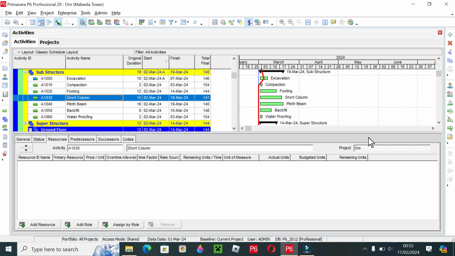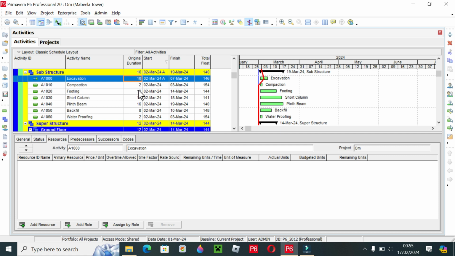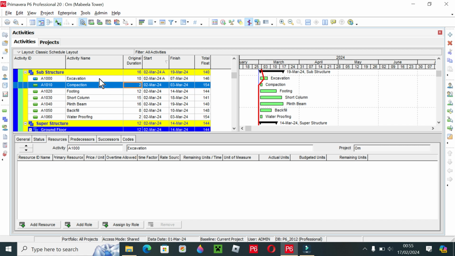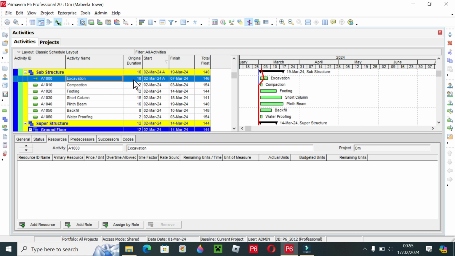Today we will explain how to add relationships in activities where we have put a duration for the activities. When we put the duration for the activities, Primavera itself assigns the dates for these activities. For example, in excavation we have put 10 days and the start of the project is 2 March. So Primavera automatically starts this activity from 2 March, adds 10 days, and completes this activity on 7th of